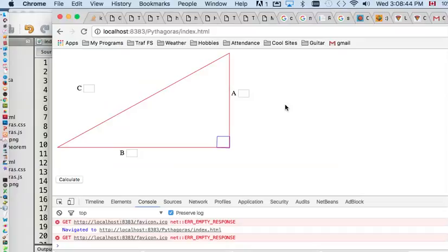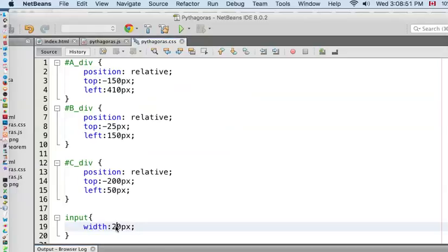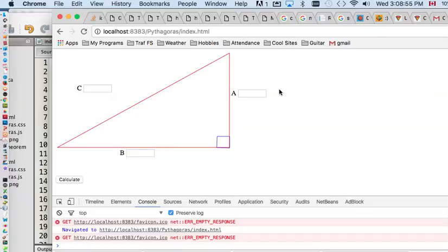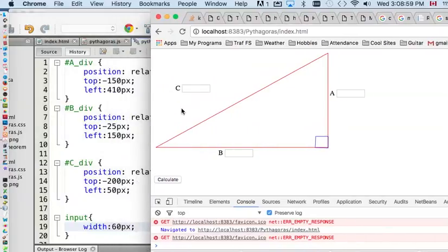It does. And that's all I have to do. So I've made these boxes really small. 20 is too small though, so I'm going to try 60. Like that. Okay? So because they are all text input,